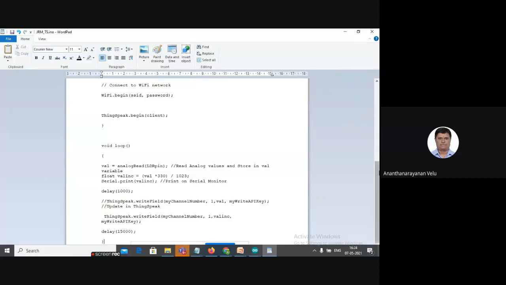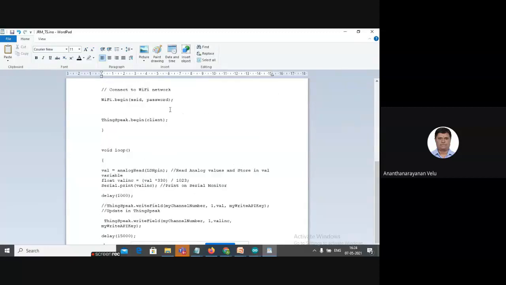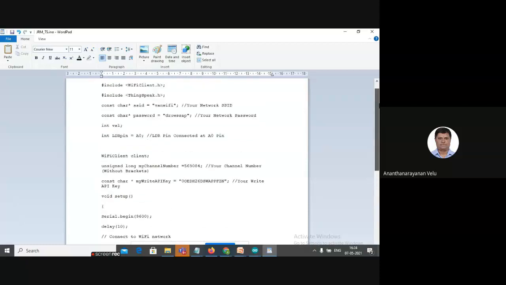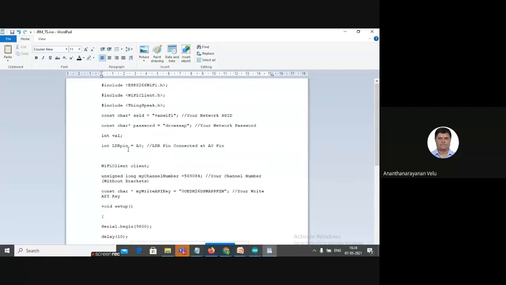This is the original code, right? What we are having. So I had given the Wi-Fi SSID and password, everything. Fine. The most important thing, the channel number. The channel number should be properly mentioned by you in the hardware. Actually, the channel number is a unique number provided by whom? The cloud service provider.